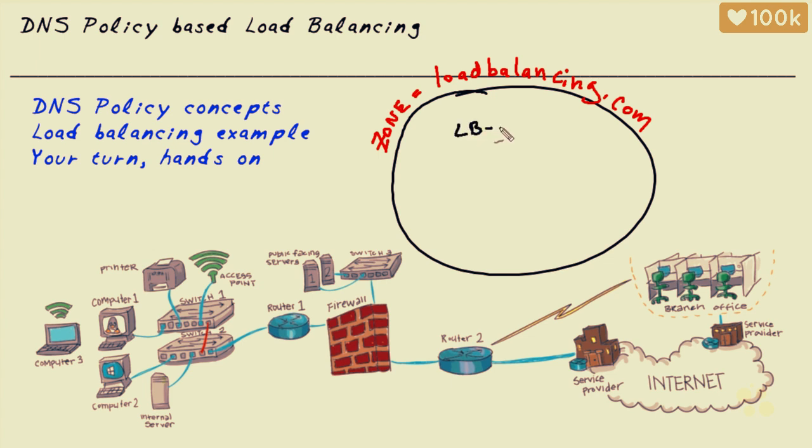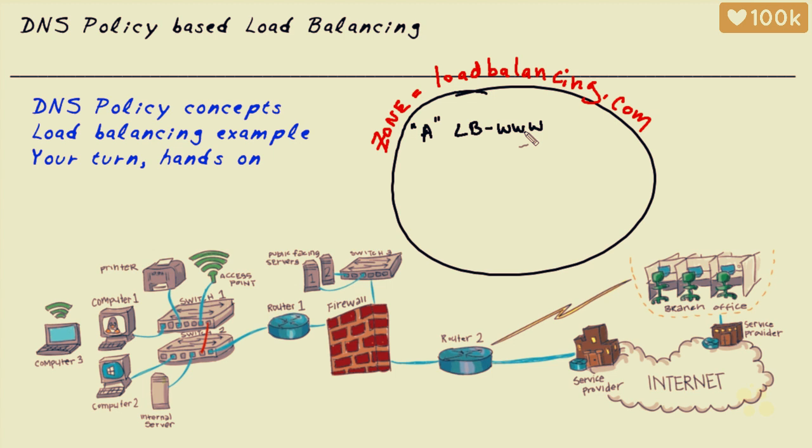So in this zone, let's create an A record called lb-www. So the fully qualified domain name would be lb-www.loadbalancing.com. And in a previous nugget, when we looked at round robin, we had 3 A records. They had the same exact name. The round robin feature was enabled by default, and the DNS server just handed them out in different orders every time. But if we wanted to have policy-based load balancing, where we can actually do weights and control the actual responses, instead of just creating 3 records with the same name, we can go ahead and create additional scopes within